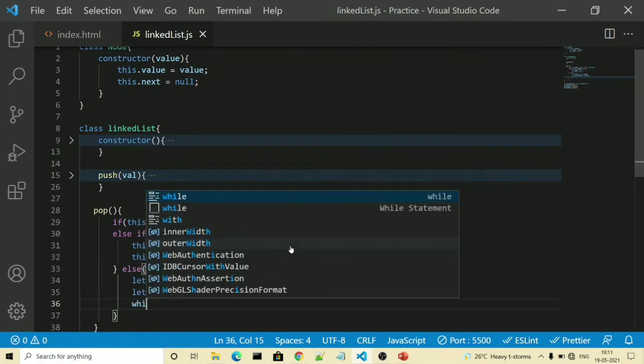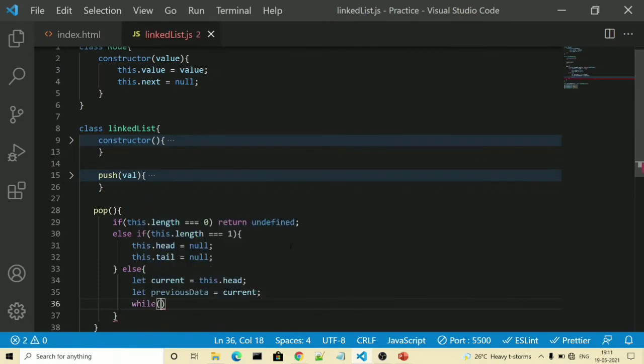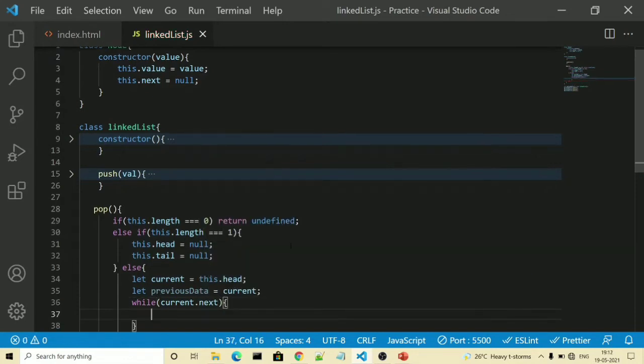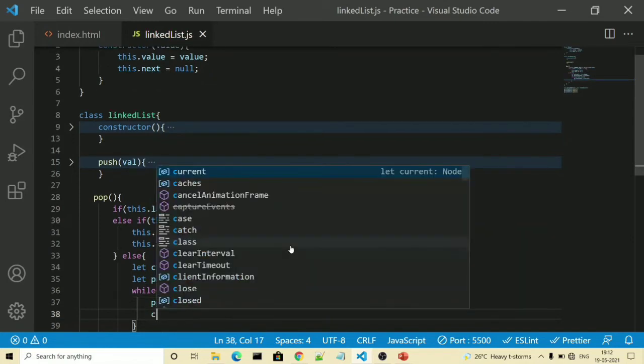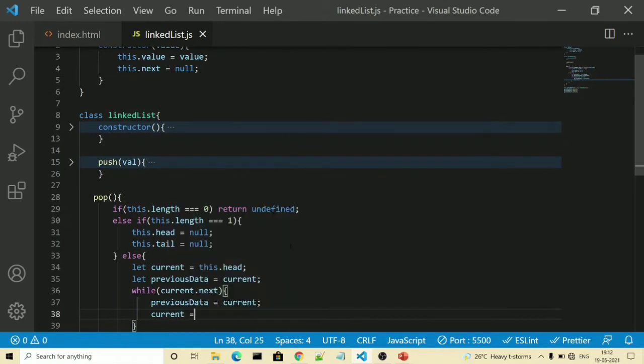Then loop through the entire list and set the next property on the second last node to be null. So we will write a while condition, and here current.next, if it exists, we will firstly write previous is equal to current and we will increment our current to the next node, so current is current.next.